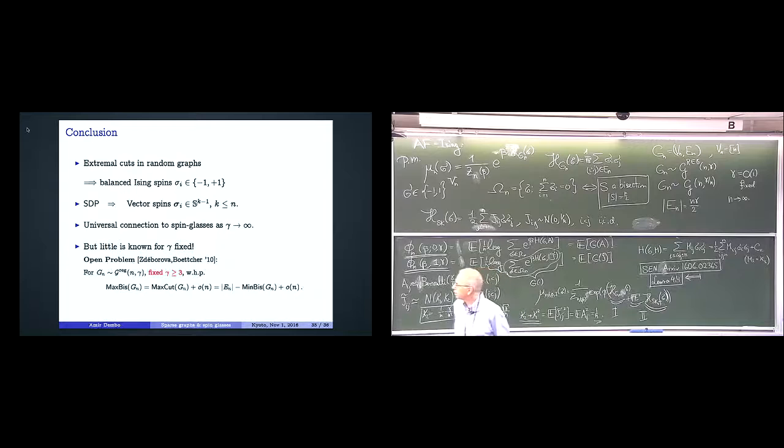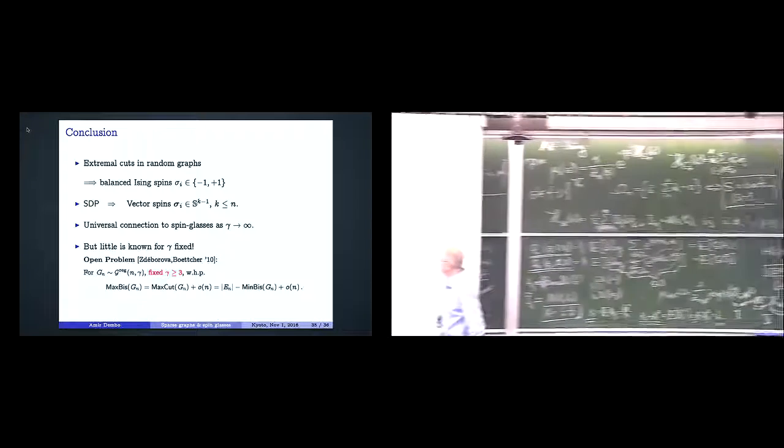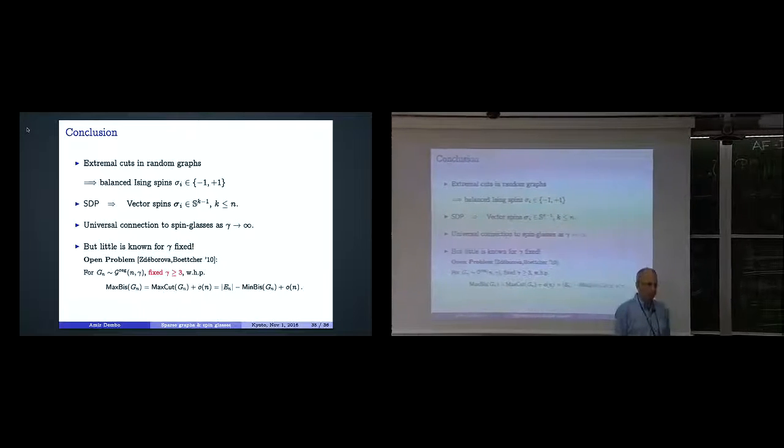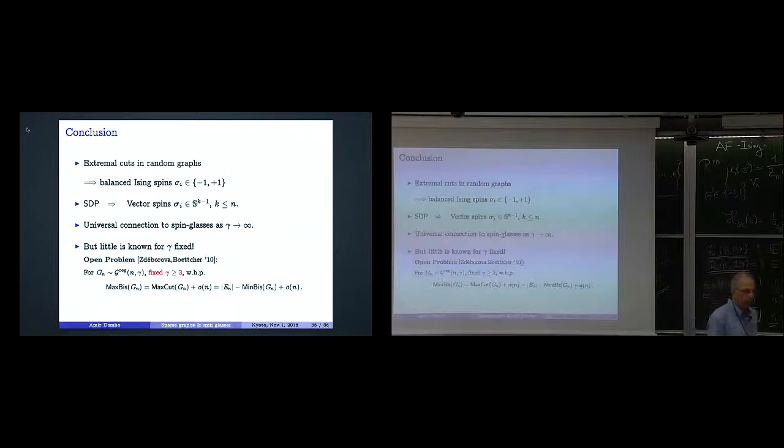So to summarize, we saw the whole program of extremal cuts. We also saw the connection to algorithms. I will not go over algorithmic aspects in the other lectures. There are many algorithmic aspects that have been done by other people, because actually the whole point of using statistical physics was also to help in finding algorithms, not just for probabilists to have fun calculating formulas, but I will stick in the remaining 3 lectures to